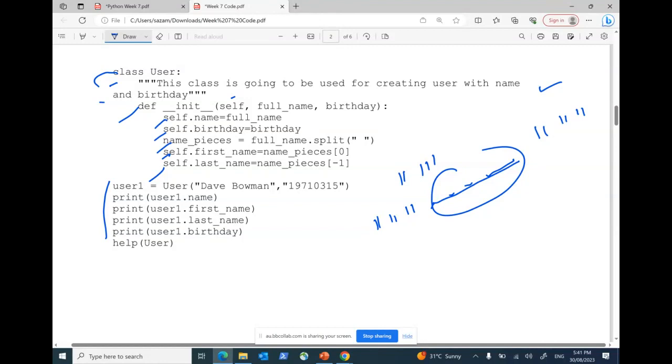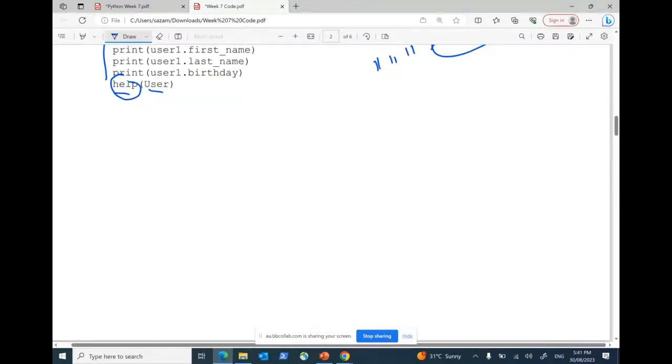We already learned all those things about how it is working, how we have defined a class and objects, how we have split the name, put the first name and the last name in different attributes. Then I'm saying help user. This help is actually a very important command that defines the whole thing about the user of the class itself. So if you go down,